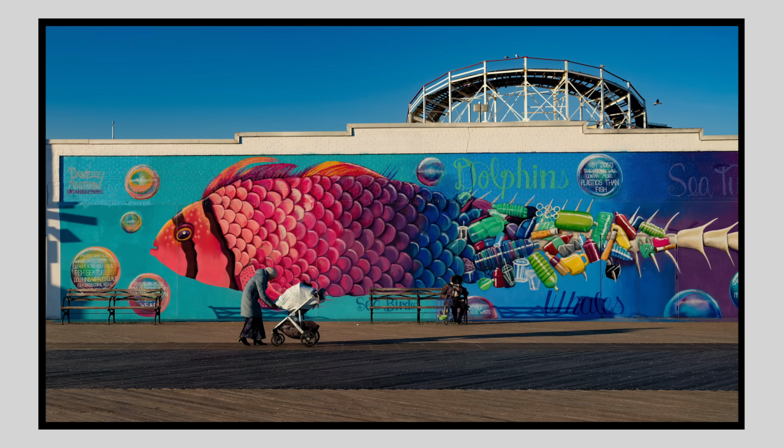The first time I opened up Lightroom and put up this image from our Coney Island shoot on the 321C, my jaw dropped. It became one of the primary images in our first ever photo book,